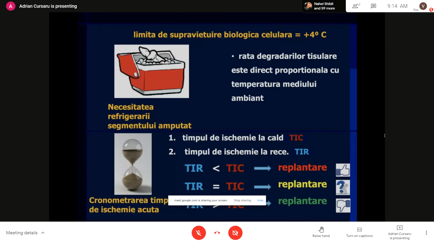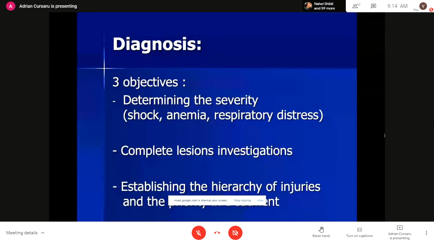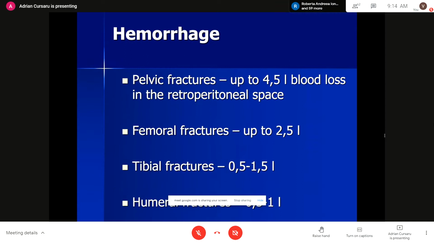We have three objectives to determine the severity: the shock, the anemia, the respiratory disease. You have to complete the lesion investigations. Angiography is very important to make in patients in whom you think that kind of complication could appear, and to establish the hierarchy of injuries and to make a very good treatment. The hemorrhage is very important in pelvic fracture, and you have to always check for the hemorrhagic